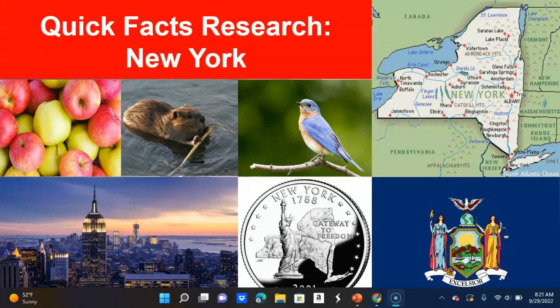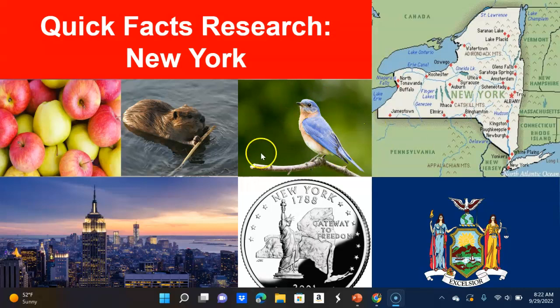You're going to open up your Chromebooks, and you're going to be using your marker boards to write down information about what you learn about some of these symbols for the state of New York. So, teacher, you're going to assign this randomly to whoever you decide here. There are 7 separate groups. First group is going to take on the geography for the state of New York, taking a look at the physical parts, the land, the mountainous areas, the waterways. There's a lot to New York compared to some of the states that we've come across so far. So definitely physical geography there.